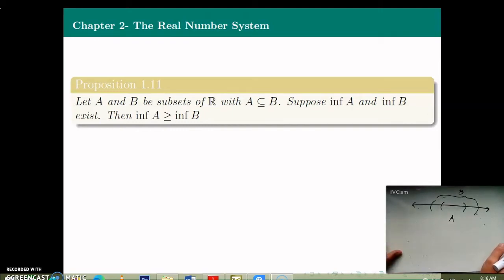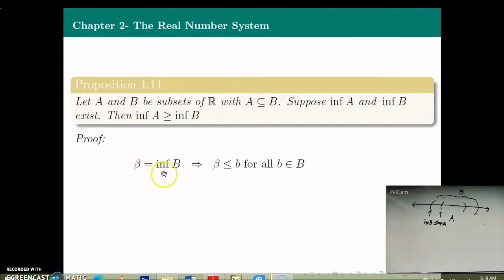And then the infimum of A is somewhere here. So this is the infimum of A, and then this is the infimum of B. And obviously, the infimum of B is less than or equal to the infimum of A, or the infimum of A is greater than or equal to the infimum of B. Now for the proof,